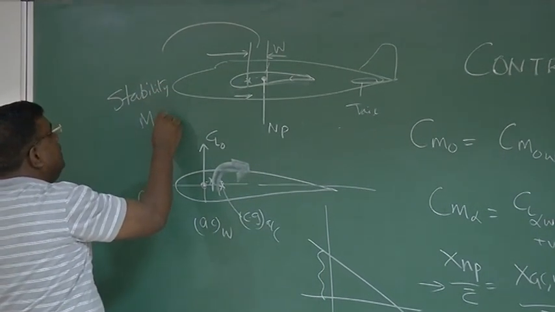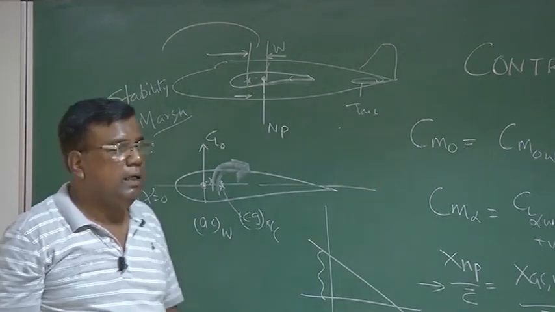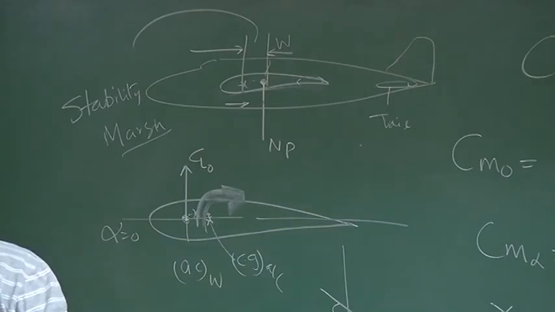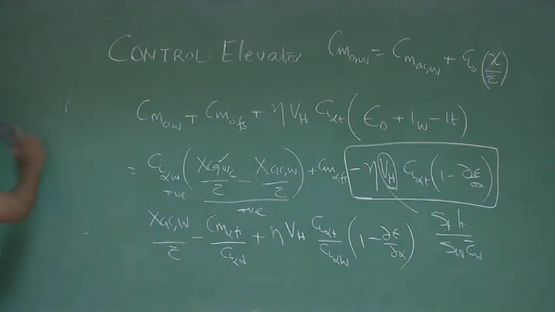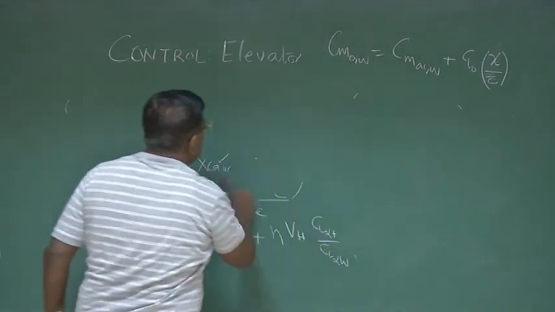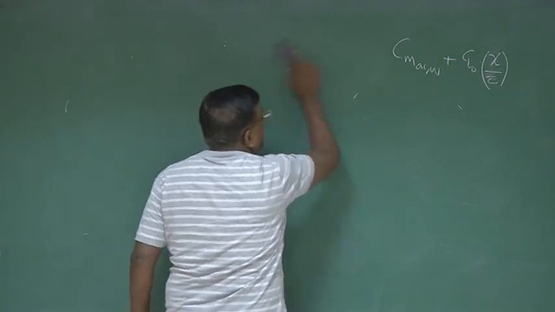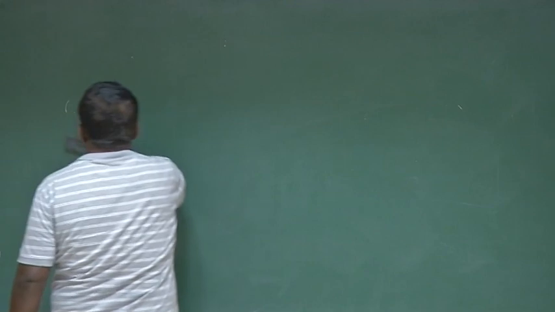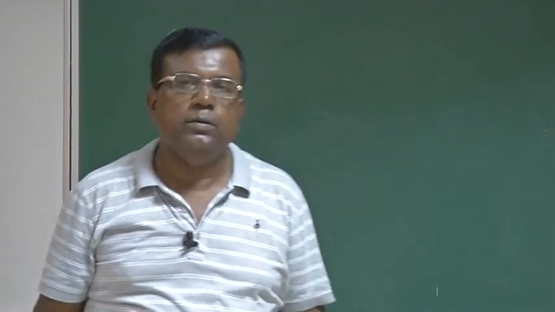A stability margin could be between 5 to 15% of the chord. This is a designer's initial estimate. Okay. So once I understand this, now I ask a question: if I want to change the equilibrium of the airplane from one flight condition to another flight condition, how do I deflect my elevator? That is what we call elevator control, or we will be talking about elevator control power. Our final aim is to find out how much elevator I should deflect to trim my aircraft at a particular CL.